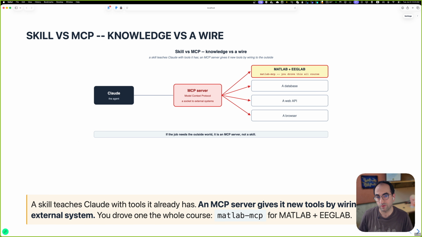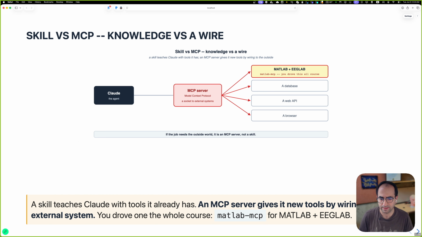MCP servers are very expensive in the sense that you need very good instructions and then it's always on. Right now, with the new MCP server requirements, it can be called on demand, but it's still really heavy, and it should be on when it is being called. Turning a server on also takes some time. So if it is a CLI that you can use and it has some help, actually create a skill, or even just tell Claude to use this CLI, for example the GitHub CLI or the Cloudflare CLI or